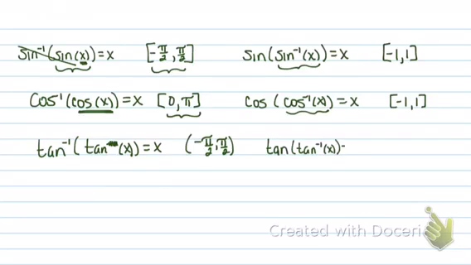All right, so the second one is the tangent of the inverse tangent of x will equal x. But because it's the inverse, the x value has to be between negative infinity and infinity, which means it can be any number, right? Yay, that one makes it easy. It's the only one we don't really have to think about. All right, so